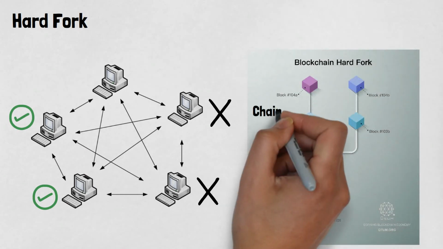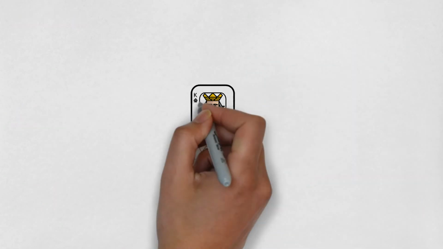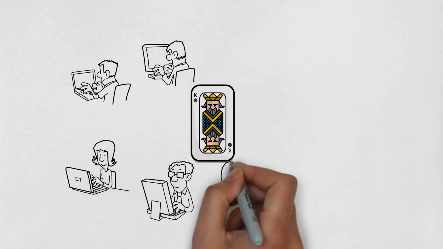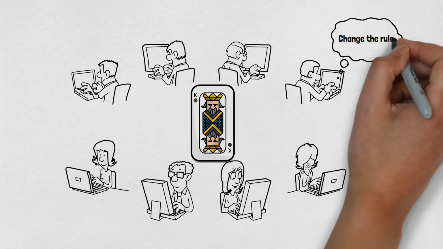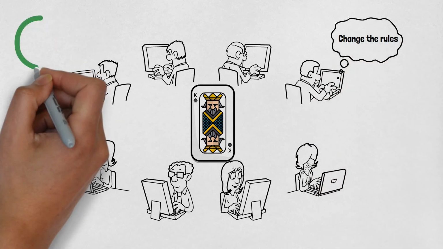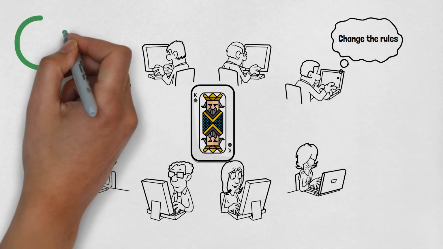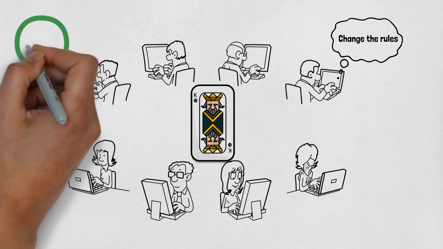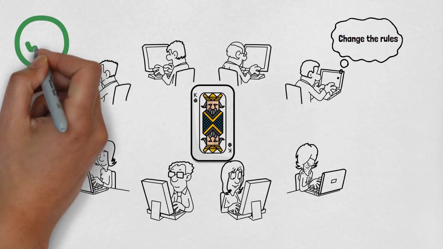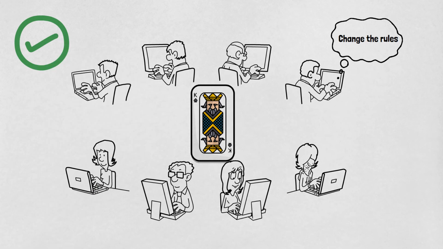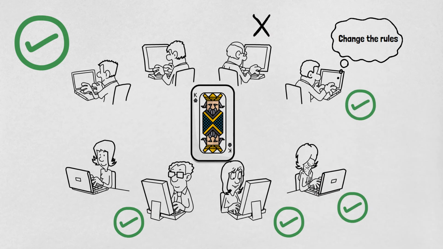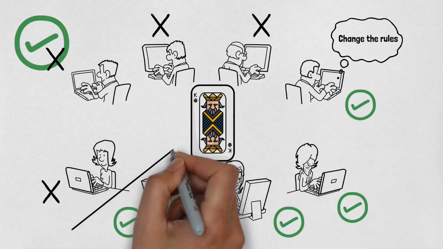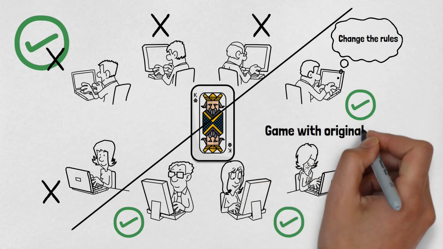Let's take an example for understanding hard fork. Imagine that you are playing a game with lots of people around the world and someone says, "Hey, let's change the rules of the game." But for doing that, everyone needs to be in agreement for applying that change. If everyone agrees, then that change is implemented and everything continues as normal. But if there is no agreement between the players, then two games will be created, one with the original rules and the other with new rules. In other words, there will be a fork in the game.